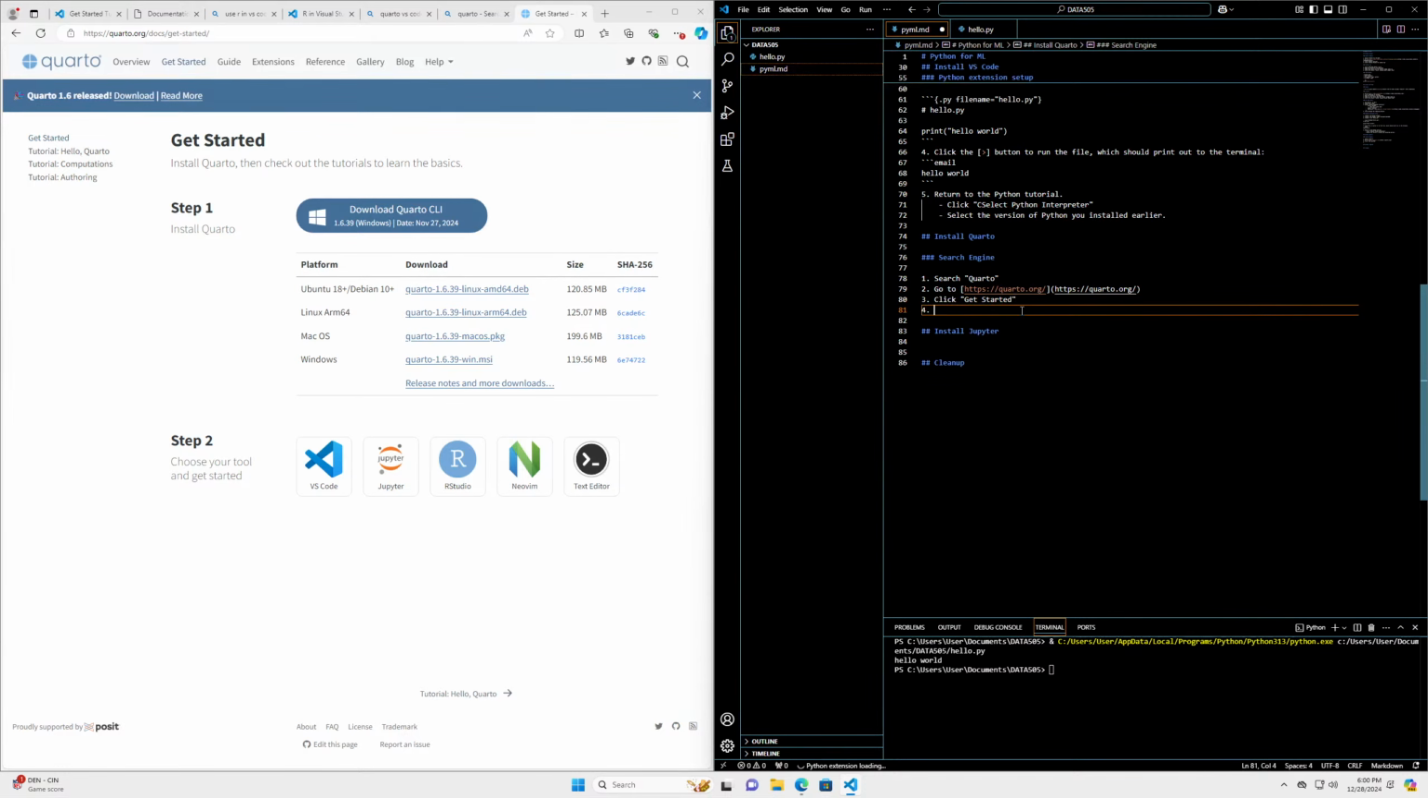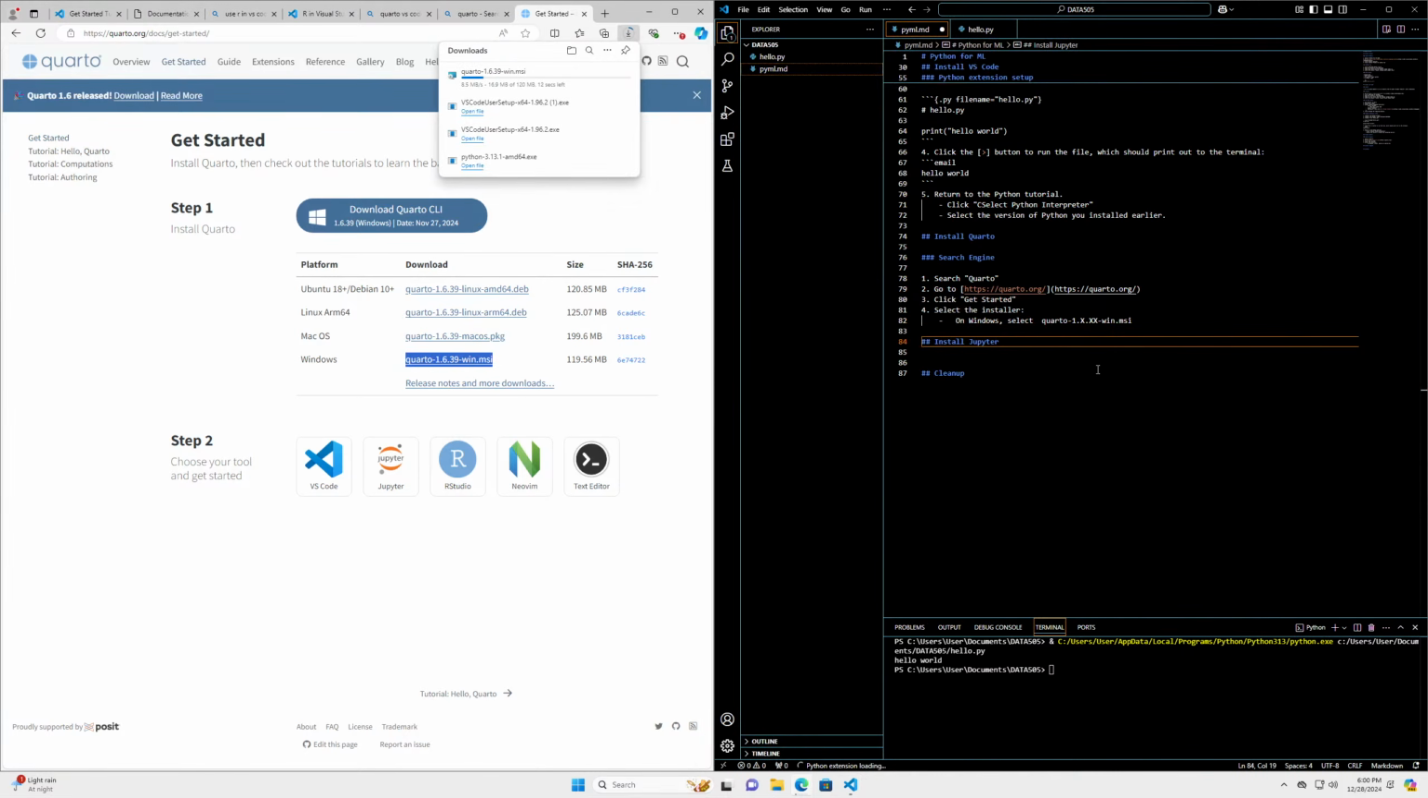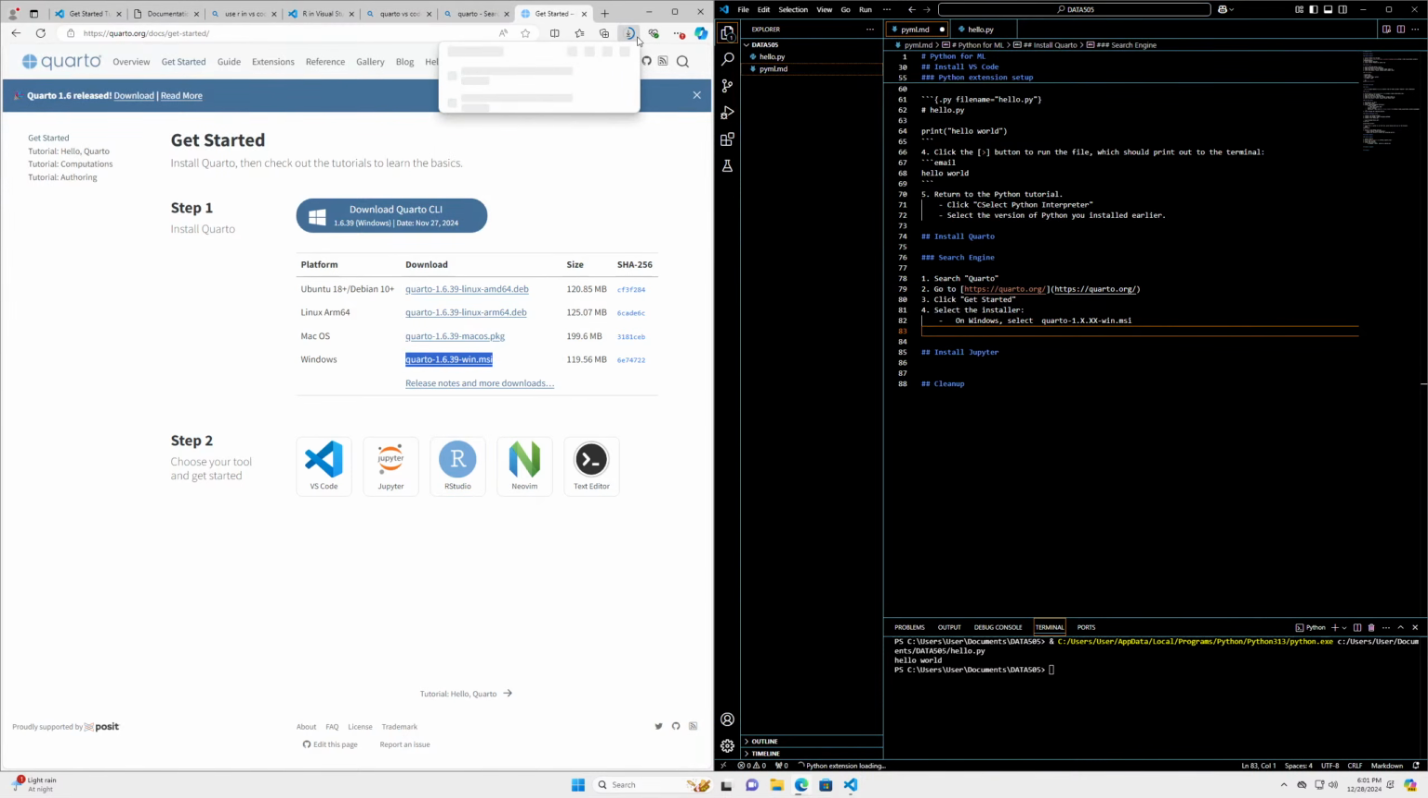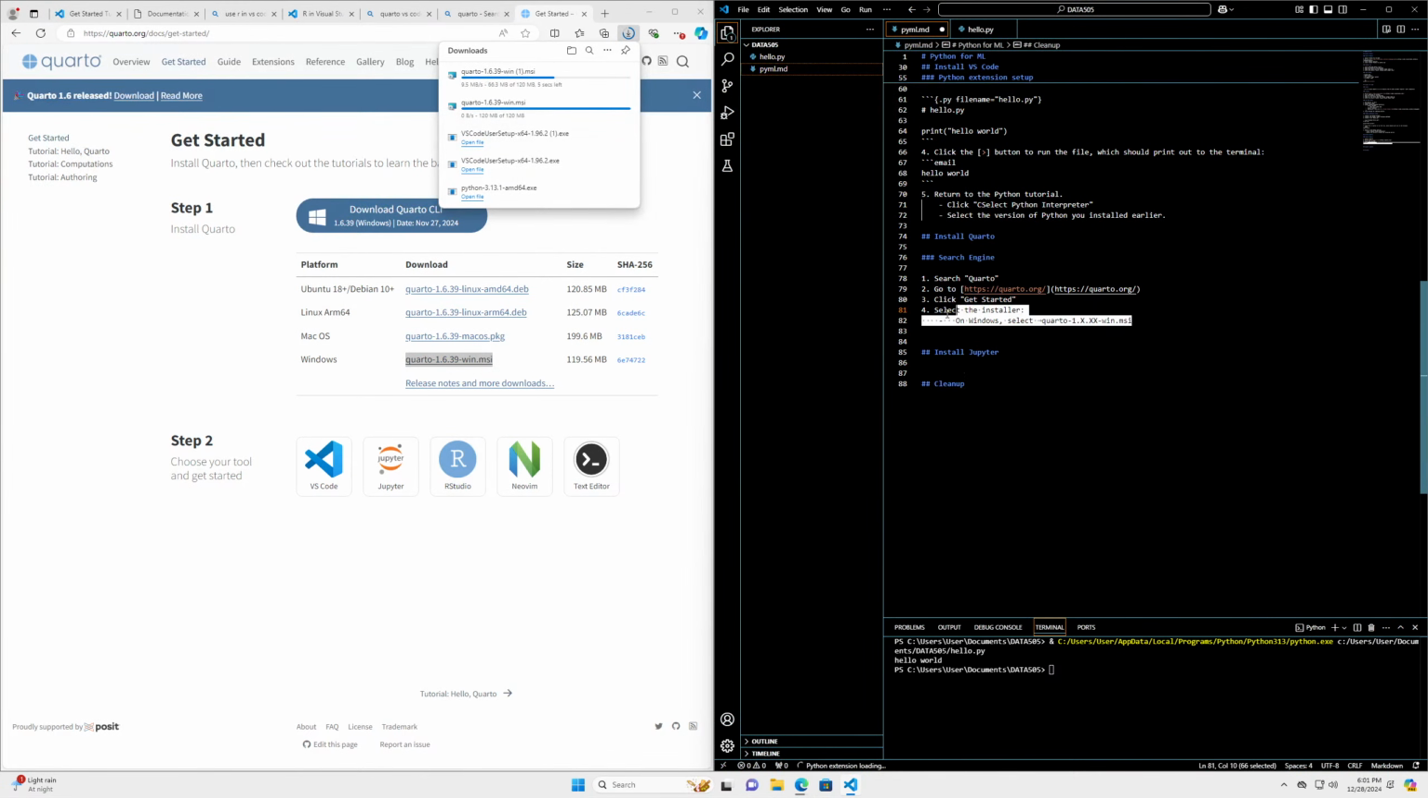And that is select the installer, and I am on Windows, select. And I'm guessing these versions will be changing. I'm going to wait, why can't I just click that button? The same thing. Oh yeah, it's identical. So we're going to click